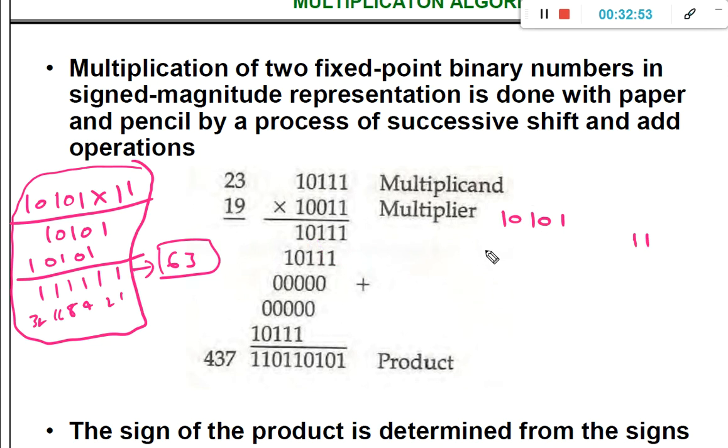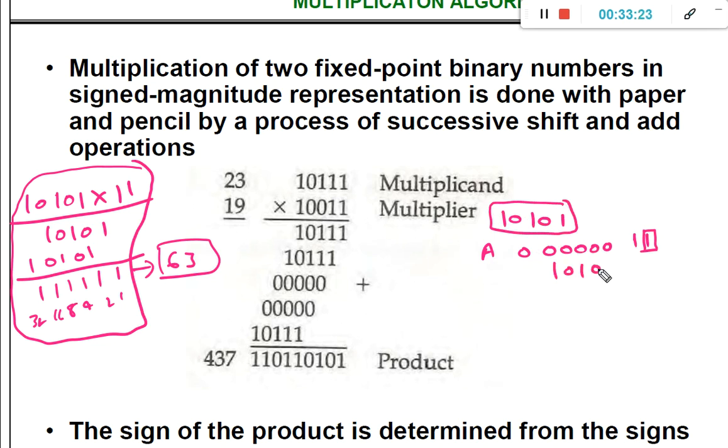So take an intermediate register A, which will have all zeros, 5 zeros, and the expansion bit initially is 0. Now what to do? Whenever there is a 1 in the least significant bit of the multiplier, then add the multiplicand value to the intermediate register.